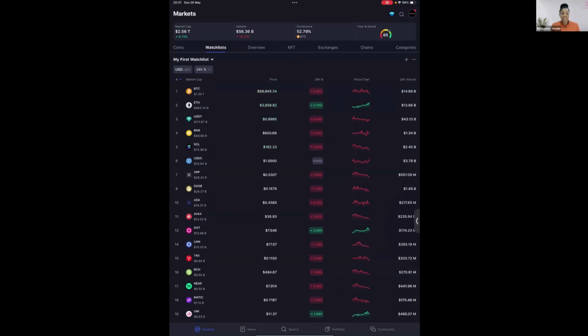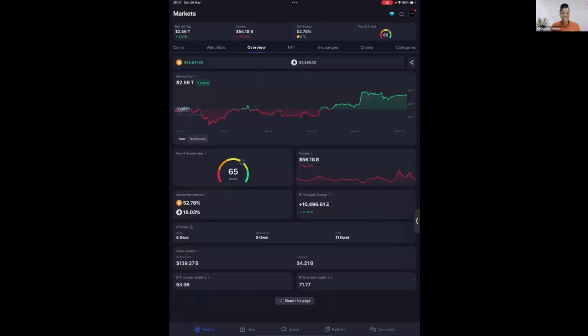Now we go to the next item on the markets menu, which is overview. So what overview does is it lets you see different metrics at a glance and interpret how the market is looking. So this is more like an overview of the markets. What you can see here is the market cap for the entire cryptocurrency ecosystem. It's at 2.56 trillion, which means that $2.56 trillion is what we have in value that is in the entire